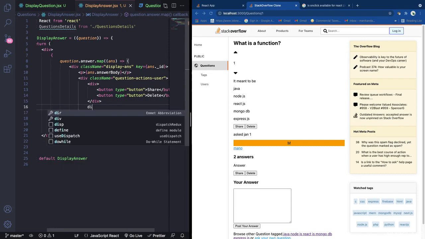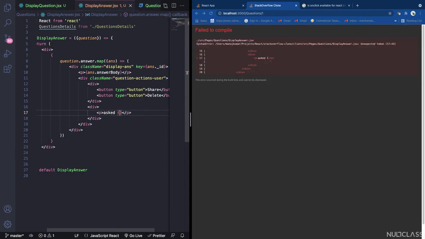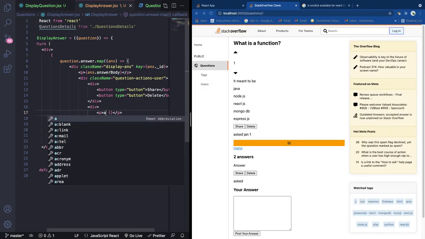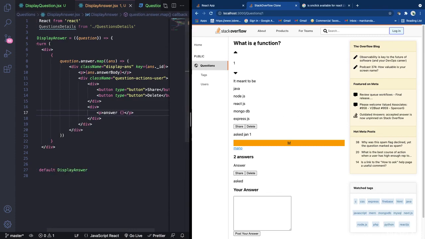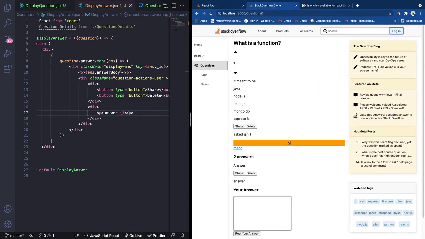We will have another div, and inside that we will use a p tag. In here we will have asked. This is gonna be, sorry, this is not asked, this is gonna be answered. This is a mistake which I have done in the application. You can see here it is asked, it has to be answered. So this has to be answered, and it is gonna be